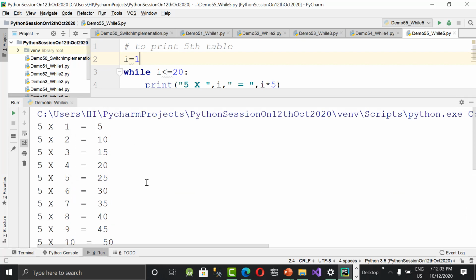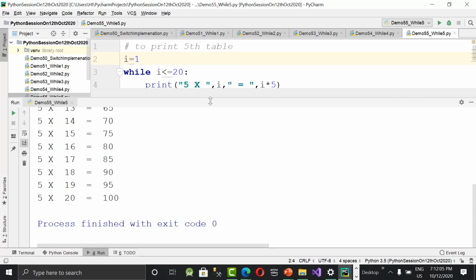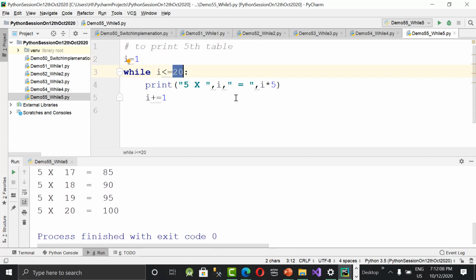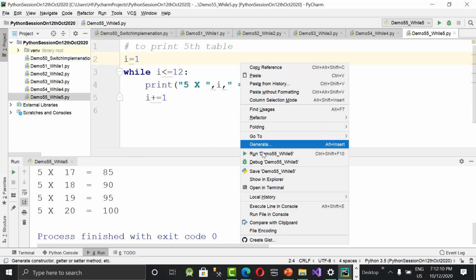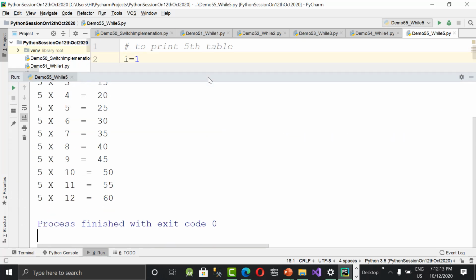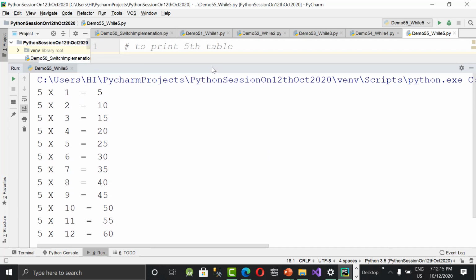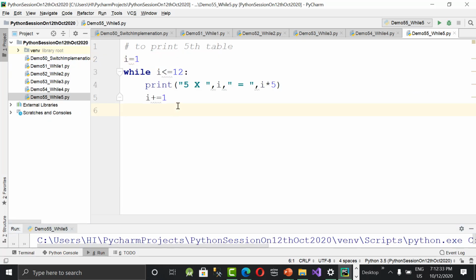And what you need to try is, you need to try for the nth table. So n value we need to ask the user. If user enters 9, we have to print the ninth table. 7 means 7th table. Like that we need to try the nth table program using the same code. Just look at this code and try to modify. So above this we need to ask for n value and then replace 5 with n and check it out. You do it on your own. If you are not able to do it, I'll help you. So to print the nth table, task number 11.